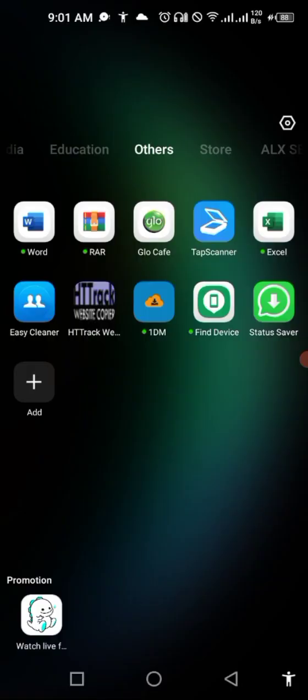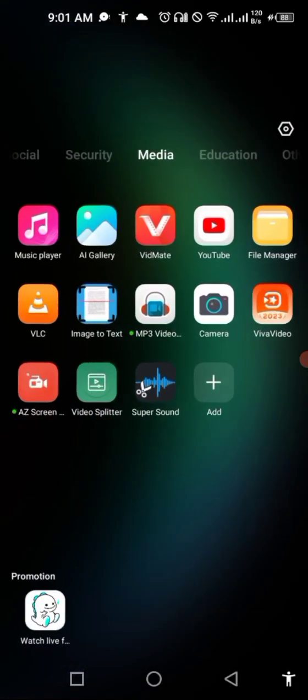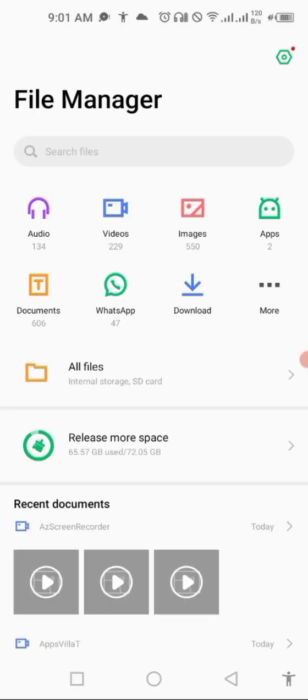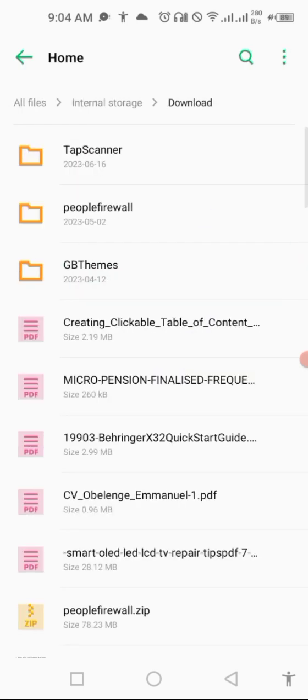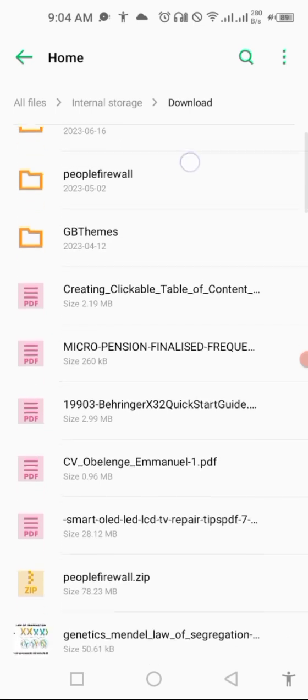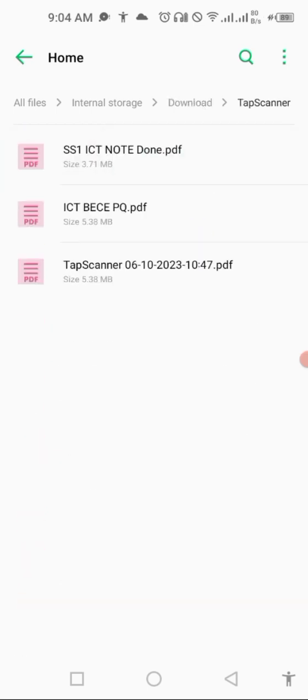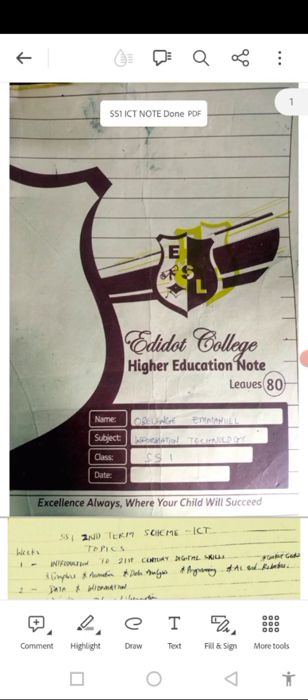I can go to my phone file manager. All right, my file manager, and then look for it, and then go to download. Once you go to download, look for tab scanner. All right, this is tab scanner. Open tab scanner. You can see that this is what I just finished editing. That is the document I scanned. You see the name I changed it to. All right, so now you open it. Let's wait for it to load. All right, so you can see that